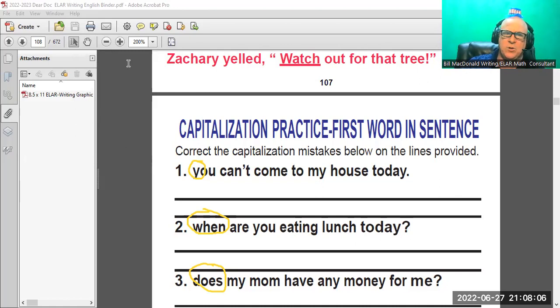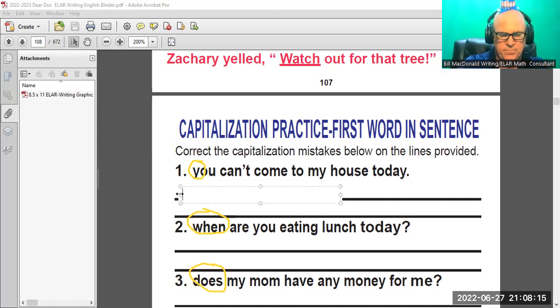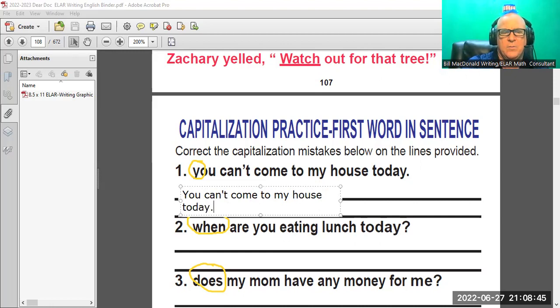It's right there. So I'm going to click on my text in my computer and try to line up. I want to go slow. I want to push shift, capital Y. That changed the size. Let go of shift. And so you see then an apostrophe or a contraction. It's up in the air, so that would be yellow. If you want to talk about you cannot come to my house today, period. And I'll move it over so that we can see the whole sentence on there.